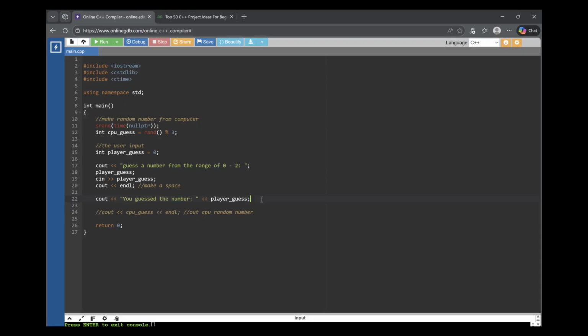So with that, basically I need something to compare it. So I'll just use an if statement for this. So basically saying if player guess is the same as CPU guess,